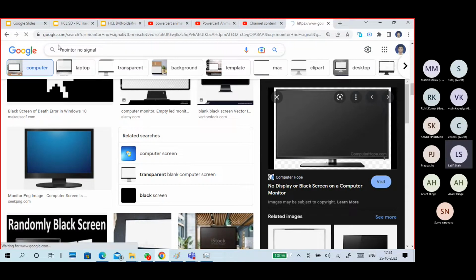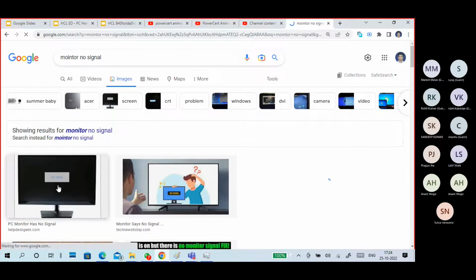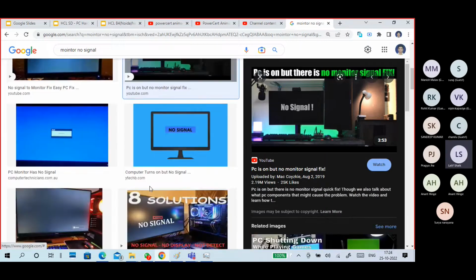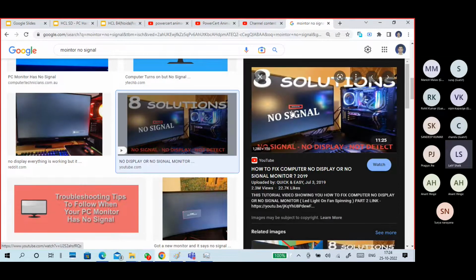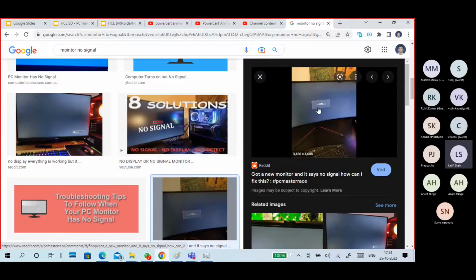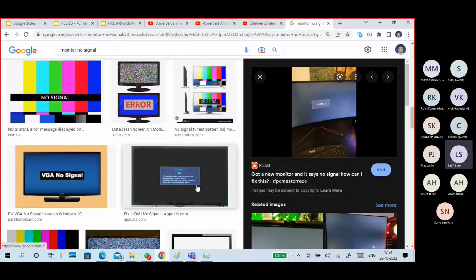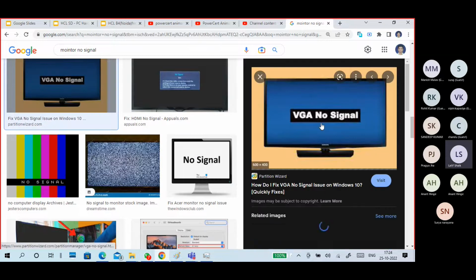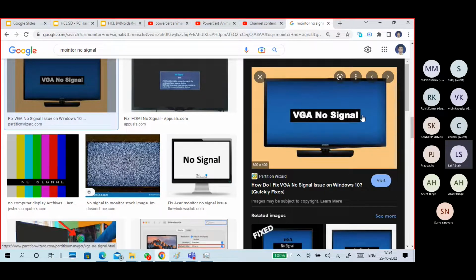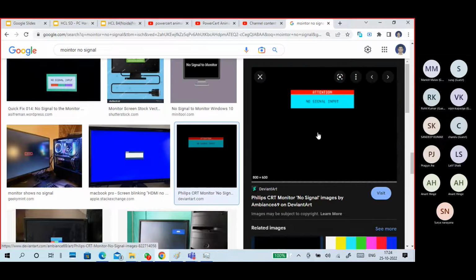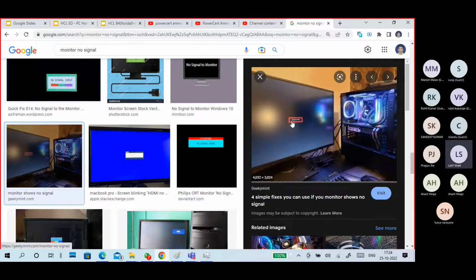Generally, people think, see, the cable is not connected. If the cable is not connected, you can get a no input, no signal kind of indication. See, there is a no signal kind of indication. You can get it. Okay. If you are getting like this, it means the problem is with the data cable or VGA cable. But if you are getting a blank screen without any message on the monitor,